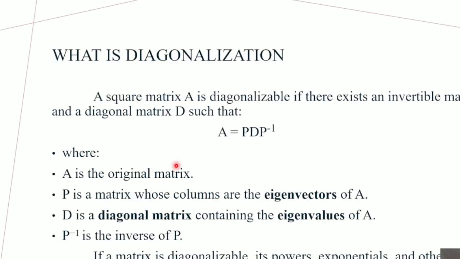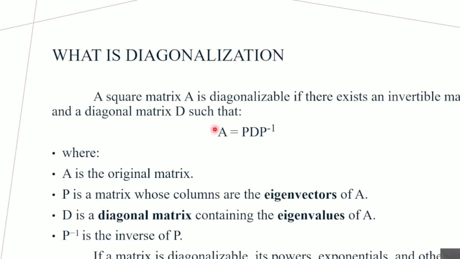Okay, the next step. What is diagonalization? A square matrix A is diagonalizable if there exists an invertible matrix P and a diagonal matrix D such that A = P D P^-1, where A is the